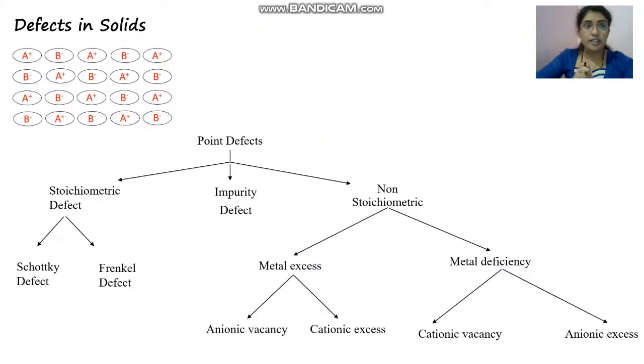Finally, let's look at the defects in solids. So we know that solids have a regular structure, but despite having a regular structure, none of the systems is completely perfect. It would have some amount of defect in it. Now, this defect or imperfection in solids can either be along a line, a line defect, or it can be a point defect. So we can have two types. These are the two main types of defects that we have.